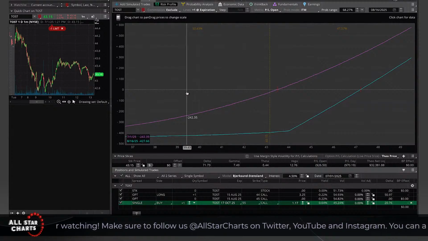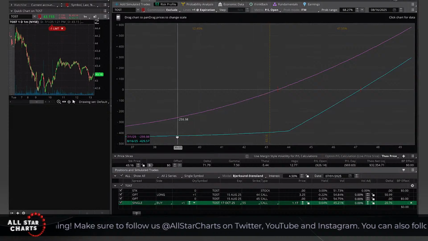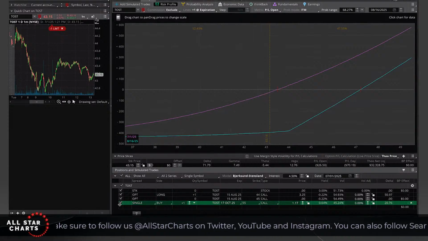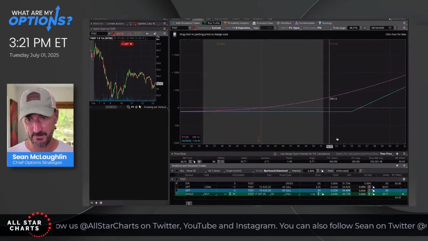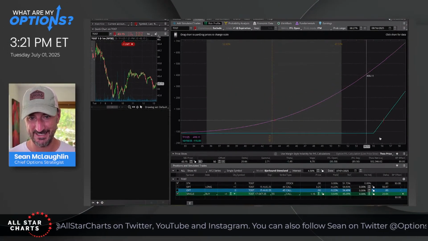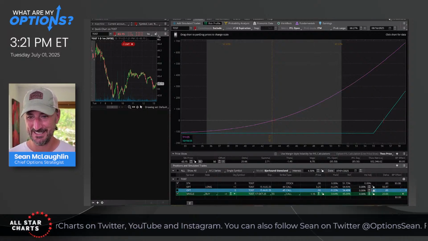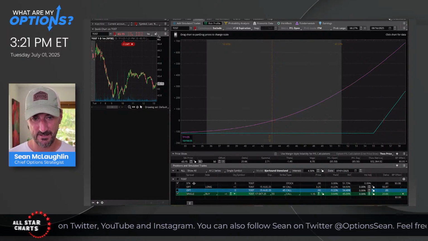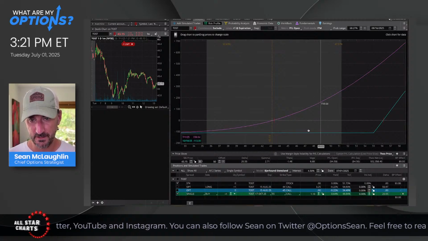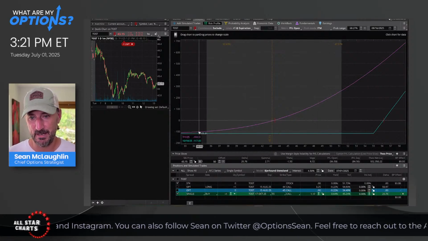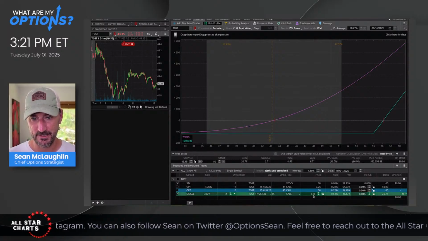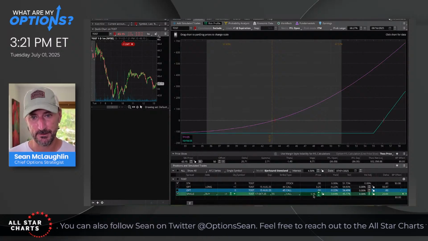If Toast goes the wrong direction on me, my losses are limited. Let me clean this up. I realize it's messed up because I have a trade in there already. So let's just show the simulated trade we're doing. You can see if we head this way, I'm not going to lose a whole lot. The most I could lose is the $1.17 it looks like I pay for this call right now. That's the most I could lose.